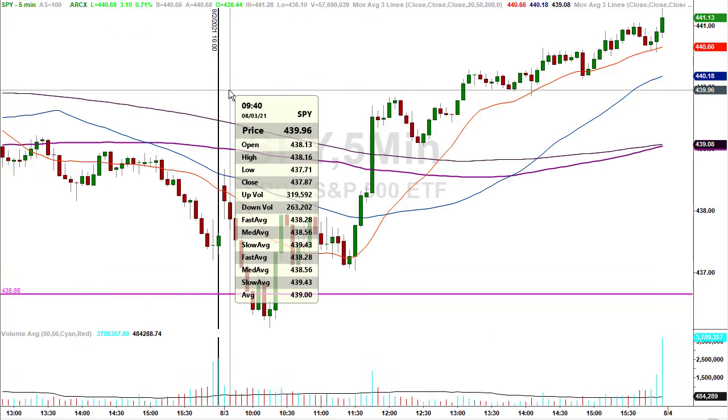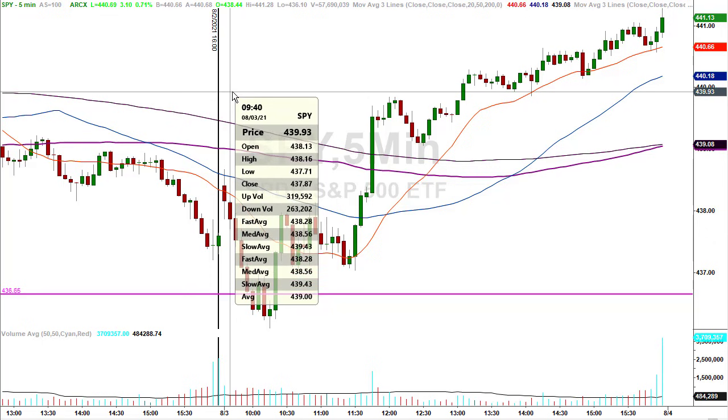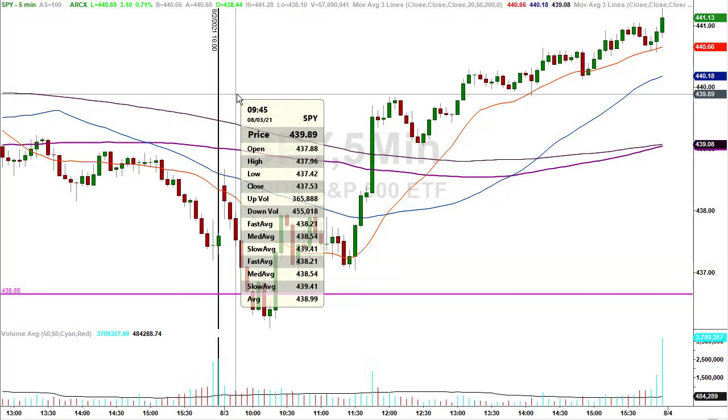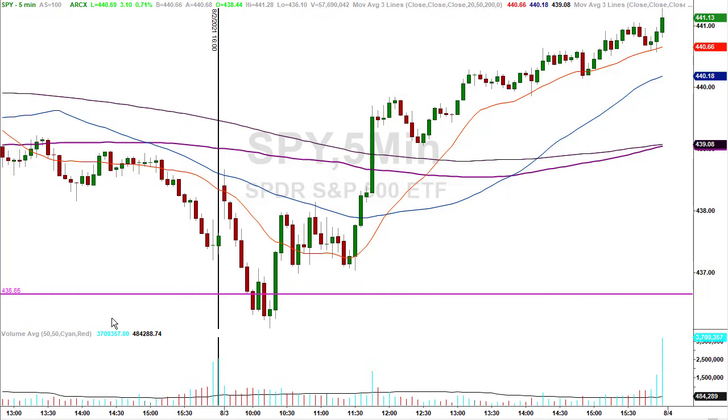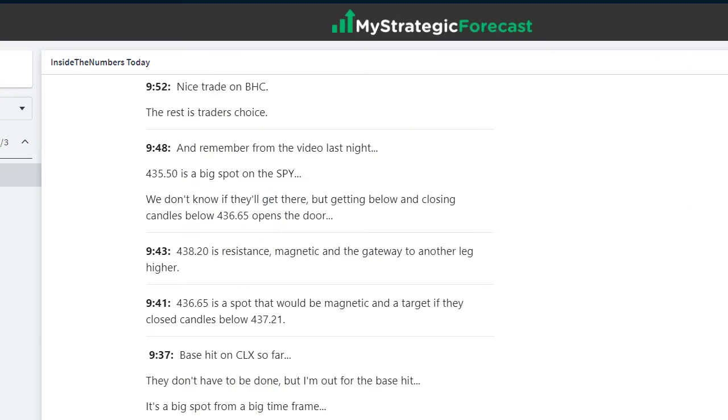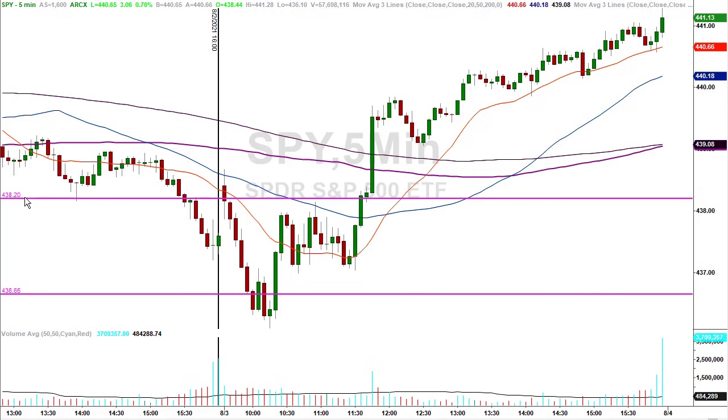Here's your 5-minute chart, right of the verticals. Today's activity, second candle of the day, ends at 9:40. Here's 9:41 to 9:45. They come into 436.65, get below it a little bit in between. Remember the tweener, 435.50, and then what? Reverse back in the other direction. I wanted the 435.50. Then once they reverse and they start going back up, 438.20 is resistance. So if you're riding the market up, for example, you need to know where resistance is to do what? To take profit off the table.